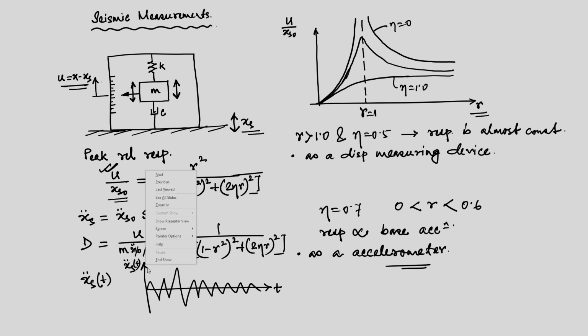For the time being, today the theory that we have developed for the support motion problem, where the support motion is modeled by sinusoids, under that situation we have derived the expressions for the response. It may be absolute, it may be relative, and then again if you have a machine, we have derived the expression for the force transmitted to the foundation. What is the nature of that force, that we have investigated, and then finally how we can use that theory to measure the seismic signals, that also we have gone through.